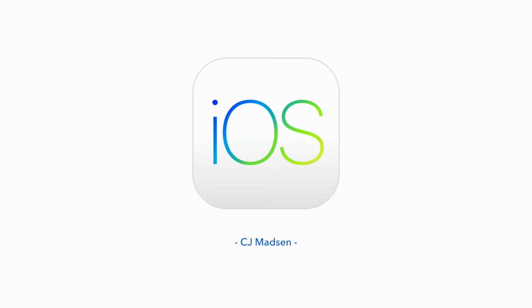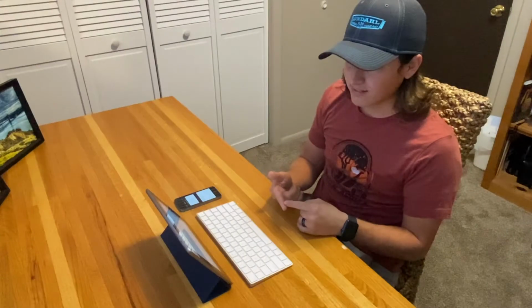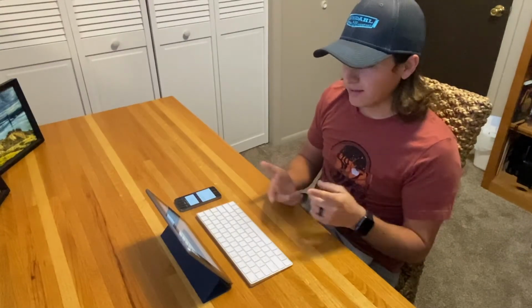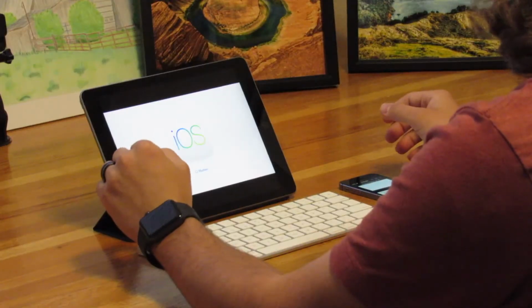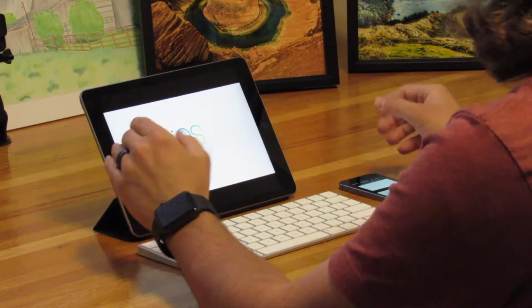If you asked someone what is a personal computer, it depends on how old they are. They would tell you a lot of different ideas, a lot of different answers. Computers a long time ago were a lot different than they are today, and they all run on different operating systems. You have iOS, that's the one I want to talk about today, but you have Mac and Windows and Linux. But I believe that iOS is one of the most influential and most important inventions of our modern day.